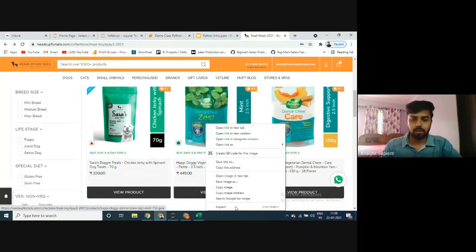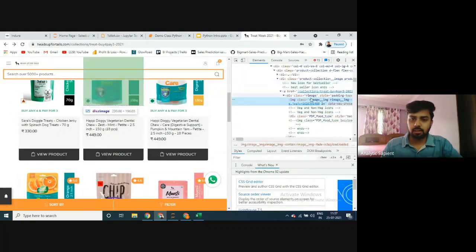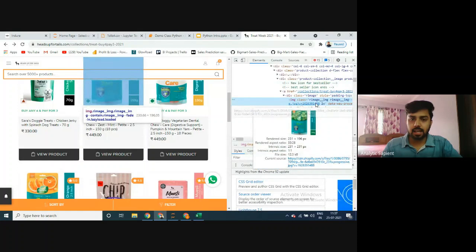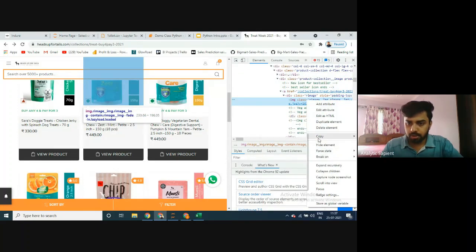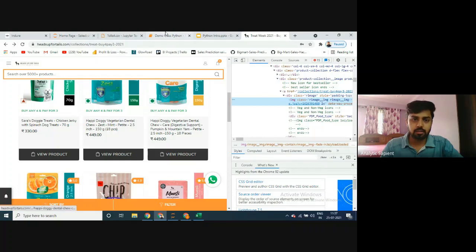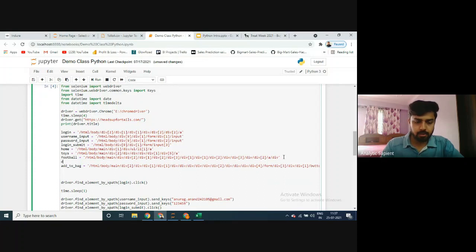I inspect on this product and then I have the different tags that have been used to create this product. I'll not make it complicated for you guys here. Just copy the full XPath. And for you guys, you like the dental shoe product. Let me just comment this one out.